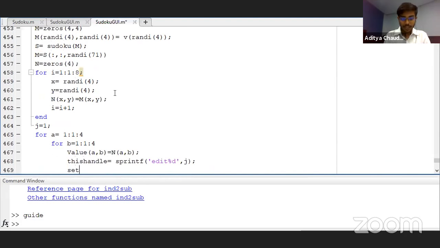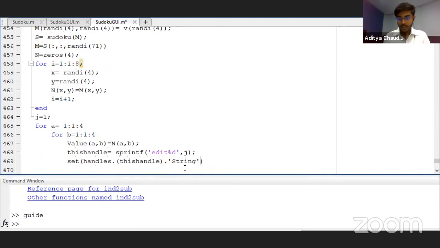Just let me quickly type it so that you can understand it better. So I'll just change the string values. Here it needs to be a comma string, and it will insert the value a comma b. Okay, so I hope this is very much clear, and if you have queries, you can just comment down.